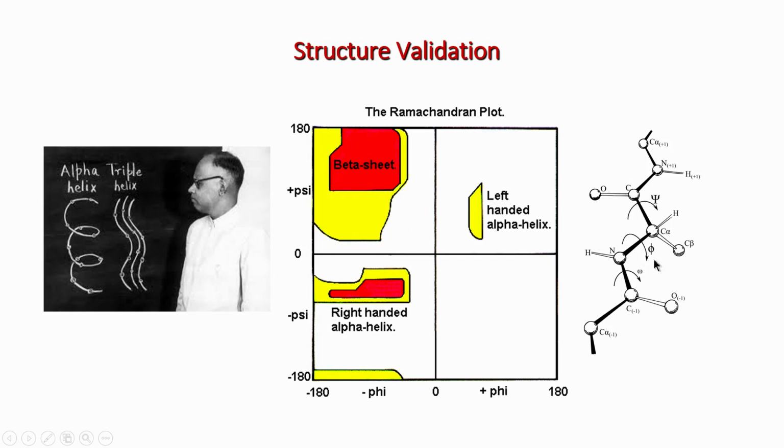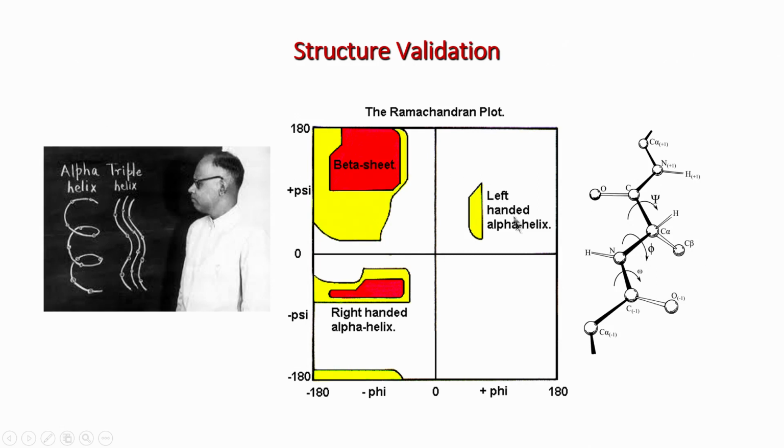And why is glycine exempted? Because glycine is a flexible amino acid, it has only 2 protons, remember, there is no C beta. The restrictions we are seeing here actually come from the steric factor. Steric means there is a restriction because the C beta, N and all these atoms cannot come very close to each other. Because of these geometrical restrictions there is a restriction on phi and psi, and that is reflected in this picture.